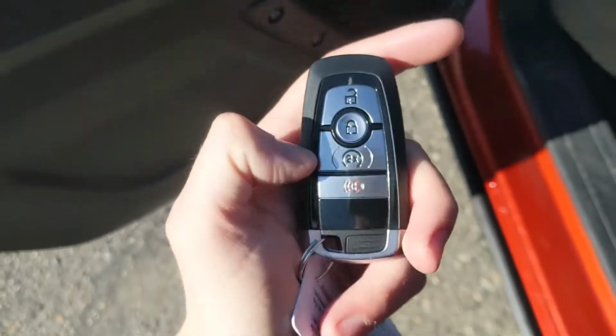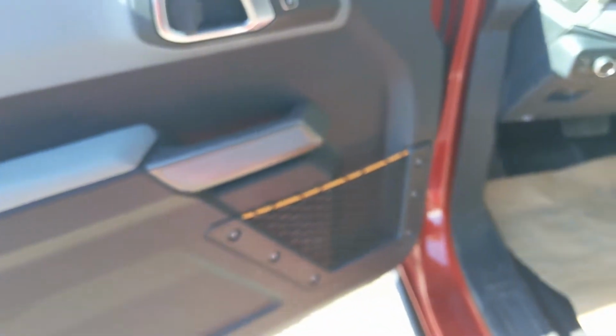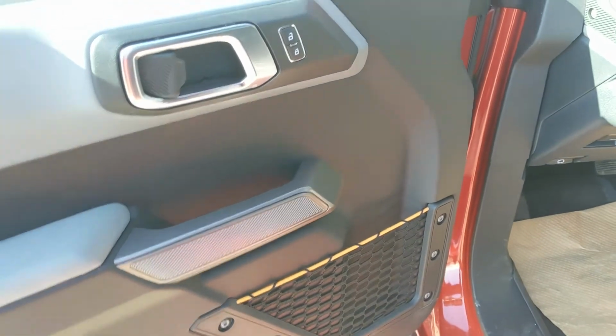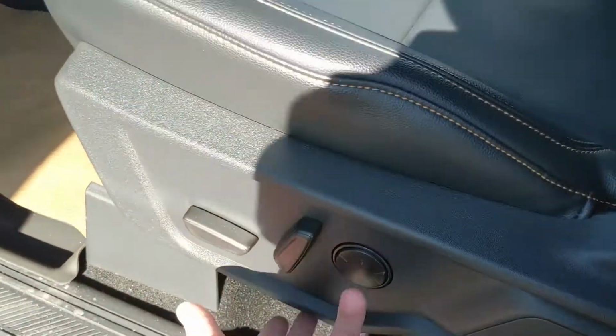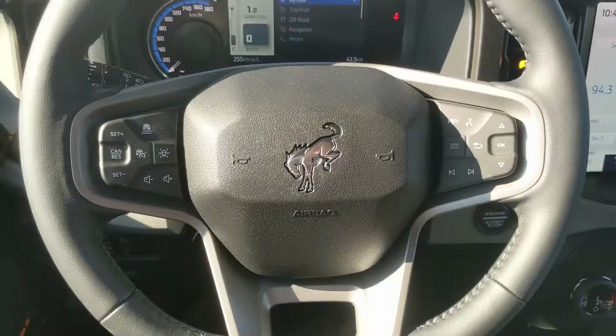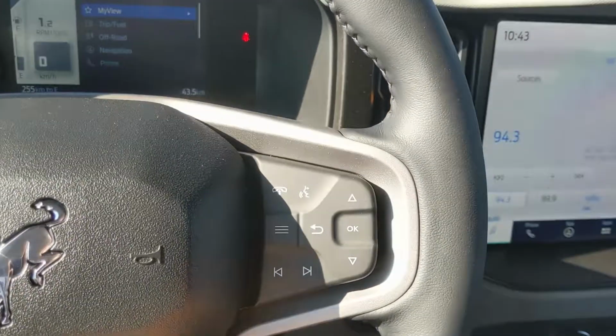This vehicle does have a remote start, so no need to go outside on those cold mornings to warm up your SUV. And looking in, you do have power windows, power mirrors, and power locks, as well as a fully power adjustable driver's seat. Now sitting in the vehicle with it running and looking at the steering wheel on the